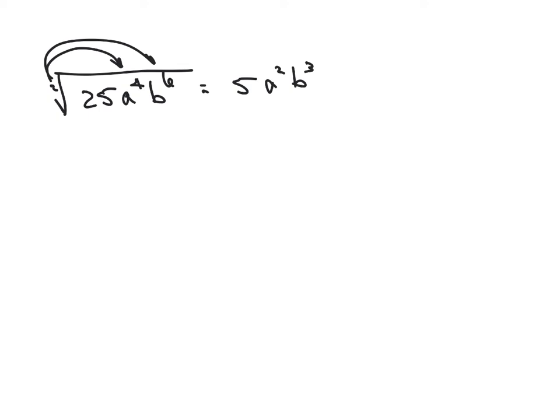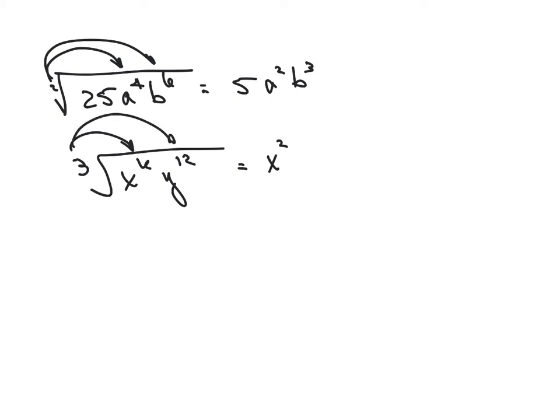If I have the cubed root of x to the 6th, y to the 12th, same thing. 3 goes into 6 twice, 3 goes into 12 4 times. And the radical disappears whenever you do that. And last one, fourth root of 81,